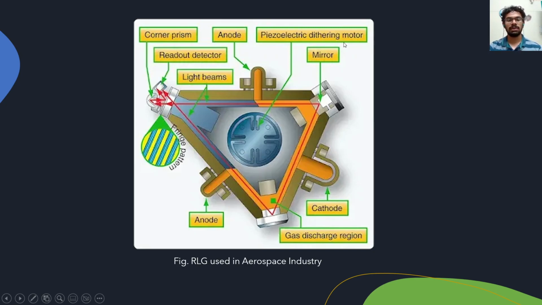So dithering is a method of generating an error so that we can improve the sensitivity. In this case, we are using the error to be the rotation. So instead of making the RLG static, we will rotate the RLG in a clockwise or anti-clockwise direction with the